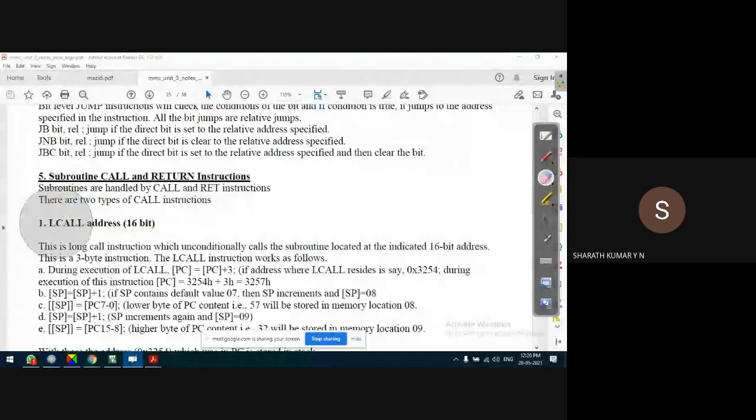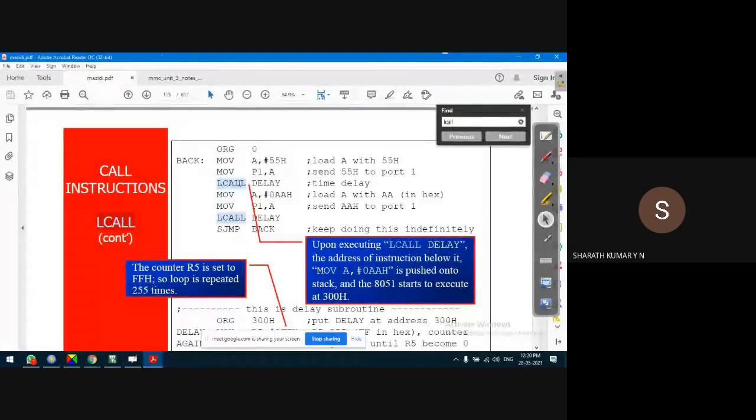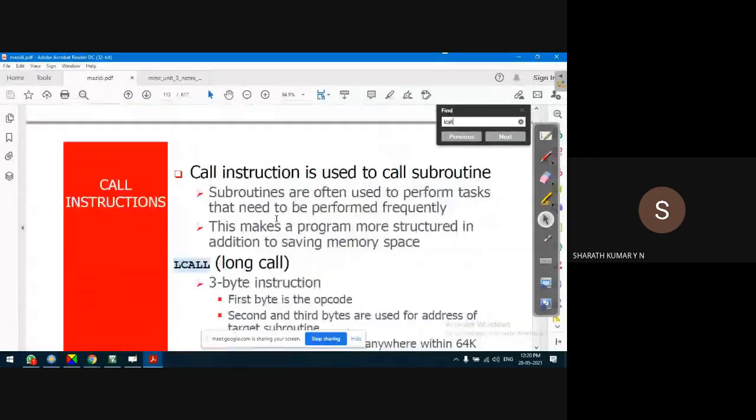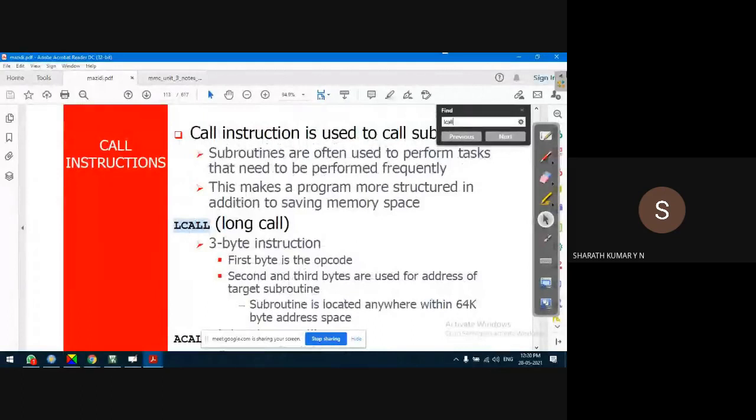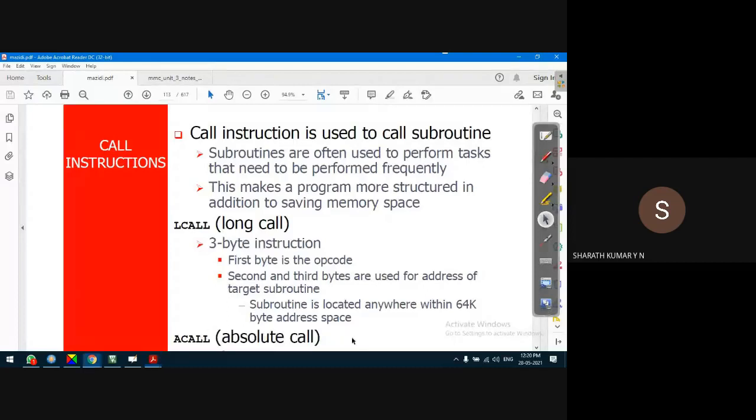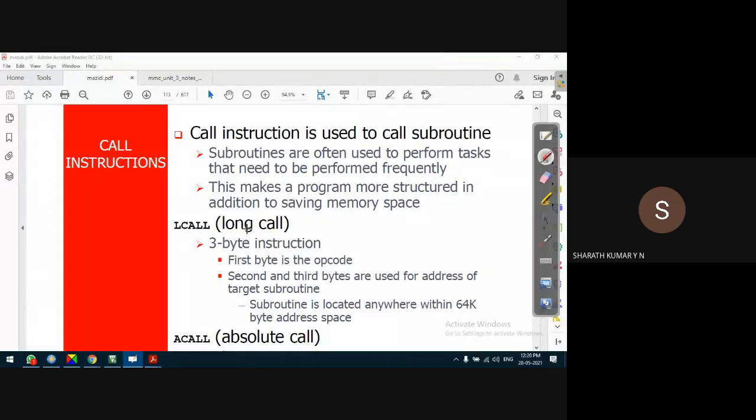Okay, let us go to this document. Actually, the basics were discussed earlier. Subroutine call instructions, L call. Basically, it's a 3 byte instruction.